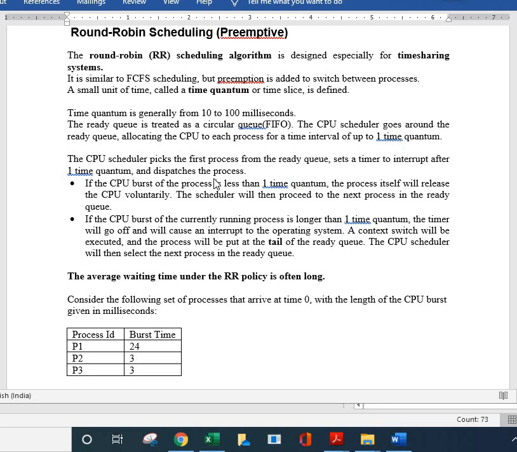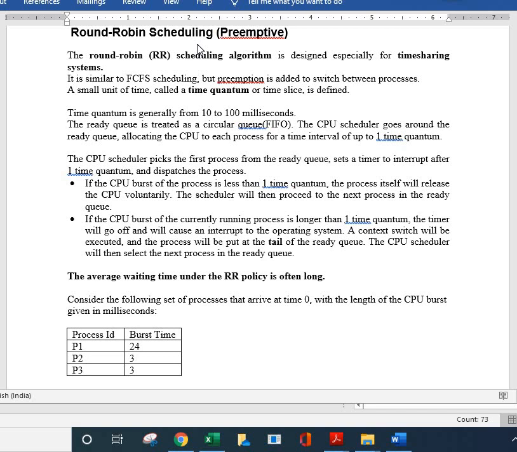Consider the next type of scheduling, which is round robin scheduling. In order to understand this, let me consider an example. So consider that there are three people who just want to make use of the same system, and person 1